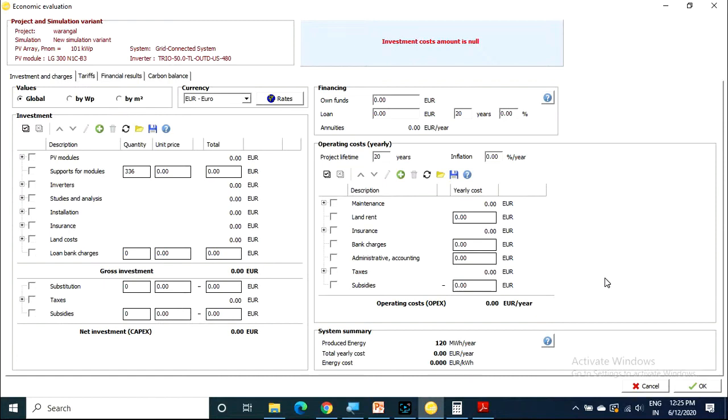For example, if the solar cost is 10 rupees per watt, then for a 100 watt panel, 100 into 10 is 1000 rupees. So you have to know the rupees per watt, then you can calculate the solar pump cost. If you know the designing, then you can easily do the cost analysis. That is not a big deal.